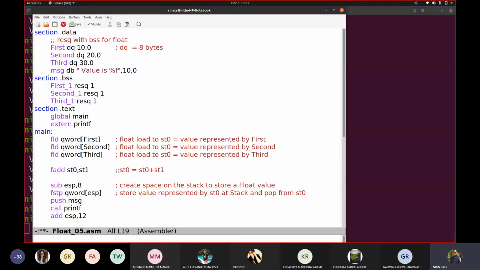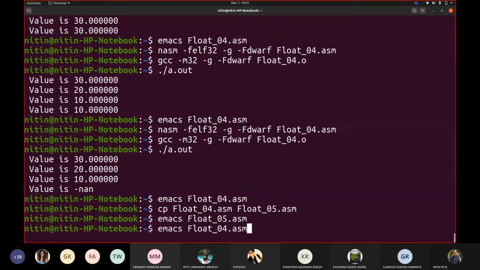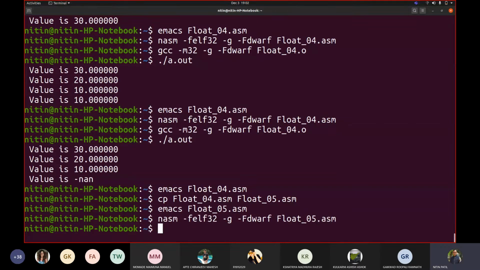Let us see what happens. What are first and second now? 10 and 20, so we should see the sum as 30. So let us say NASM, we have 5, GCC 5.